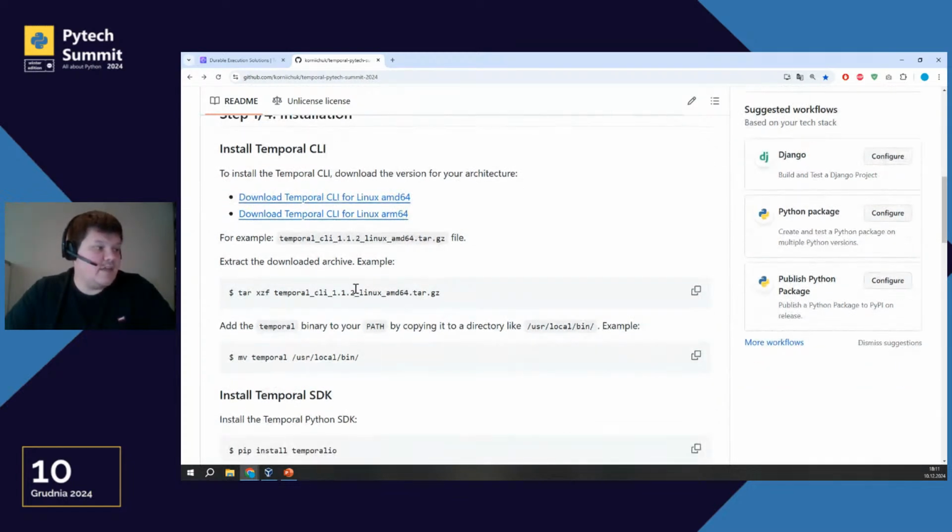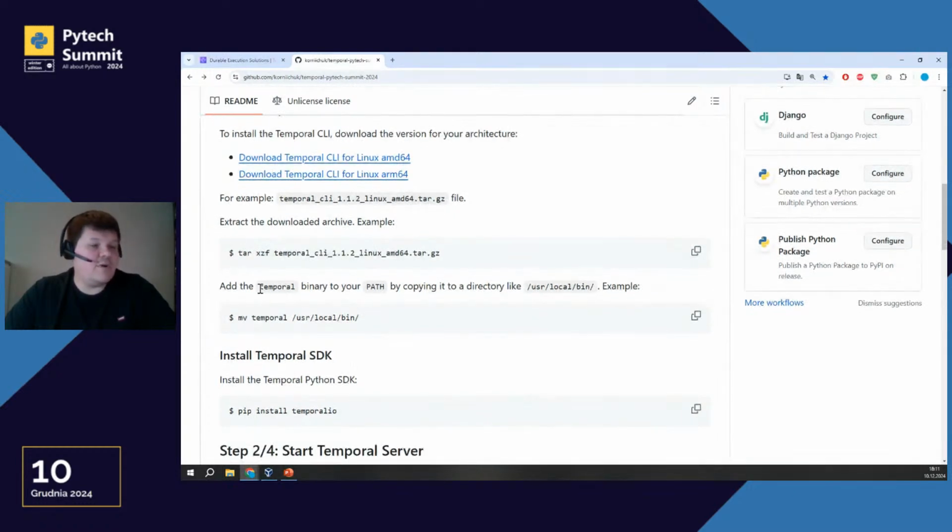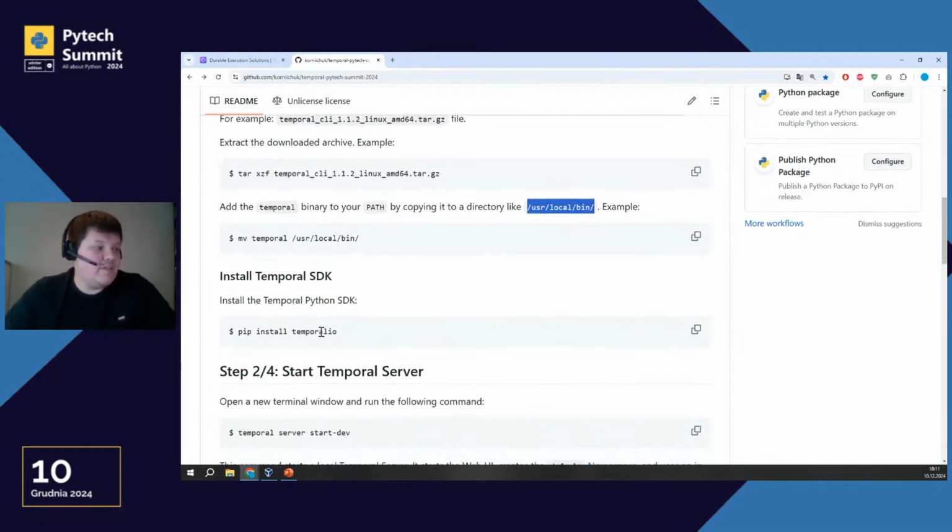Next, just extract the binary from this file, and the name of the binary is temporal. And next, just put it in a location like /usr/local/bin to be able to execute the temporal binary, and with the temporal binary execute our server. And for the Python SDK, we need to install this library, temporalio.